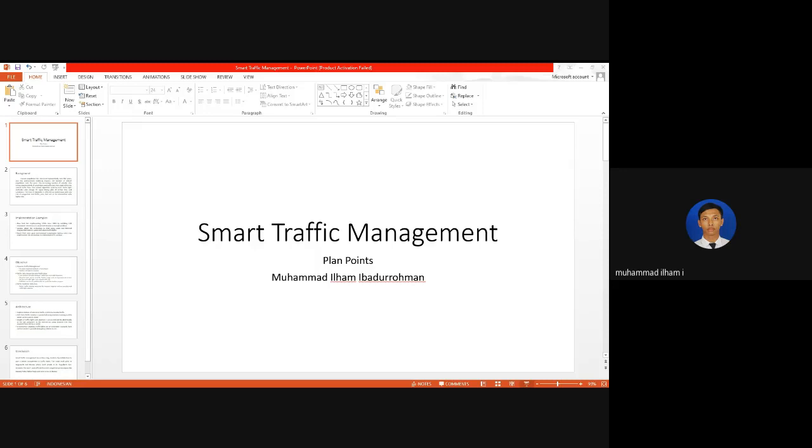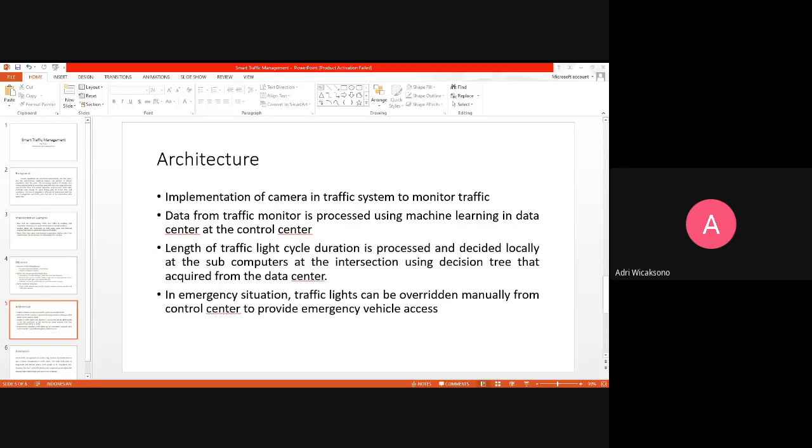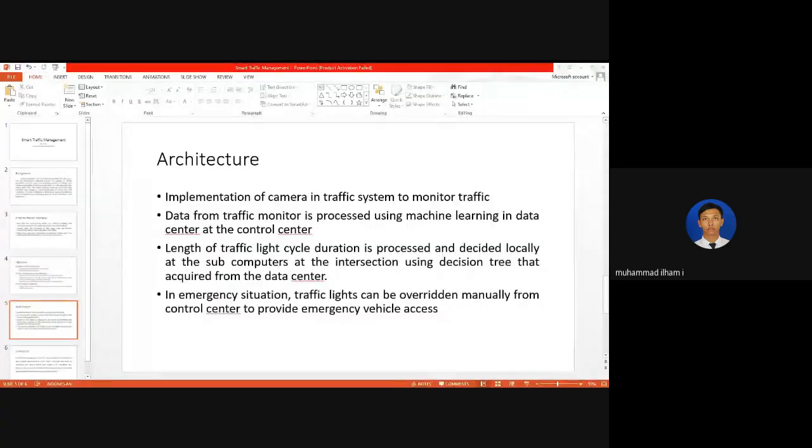I'm sorry to interrupt, but I think you're sharing the wrong window. There are two windows for PowerPoint. I think what you should have done is go to the presentation first, present first, and then share that window. I'm sorry.